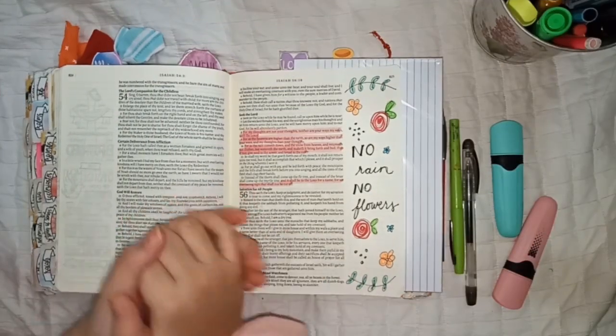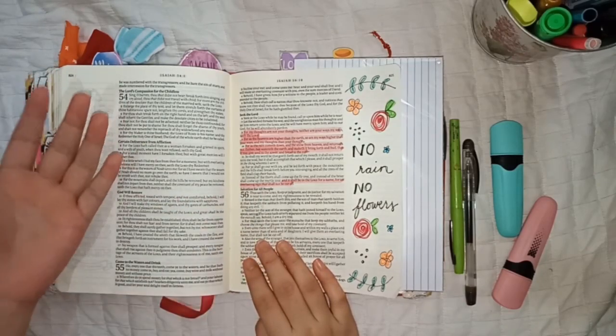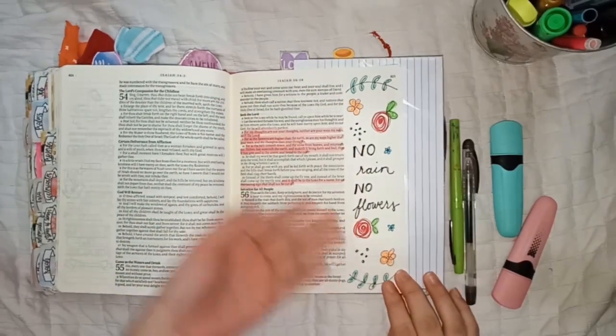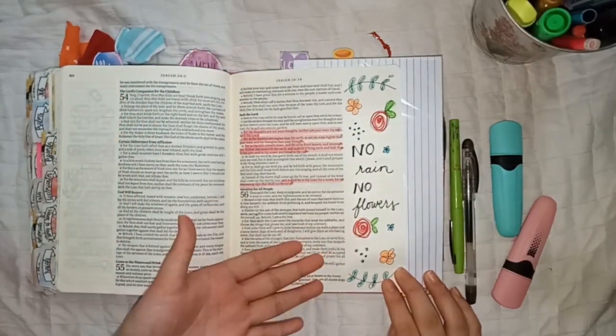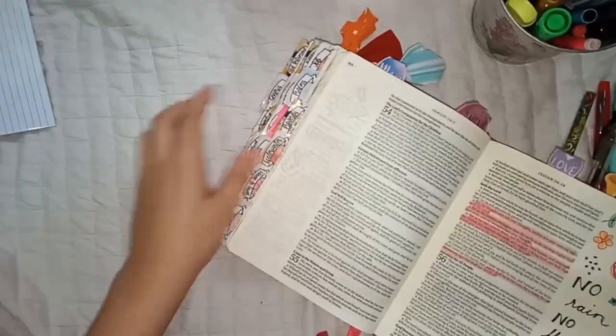So in Bible journaling, you don't need fancy supplies or fancy art. You just need simple art like doodles and something like this. And also I can give you some examples. I'm currently Bible journaling in